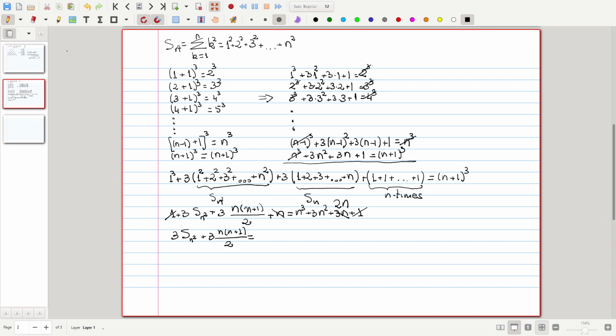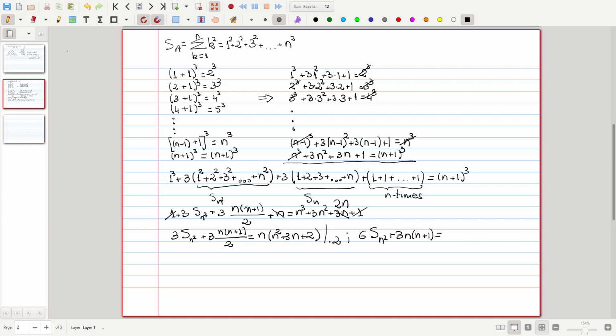It is equal to n multiplied by (n squared plus 3n plus 2). We multiply by 2, then I'll have 6 Sn squared plus 3n multiplied by (n plus 1)